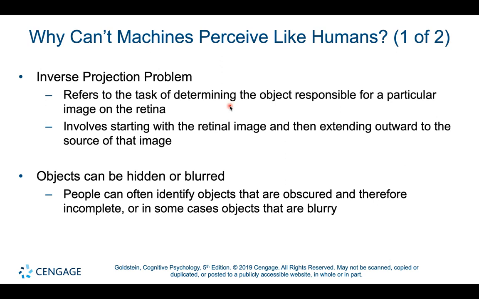What this refers to is the fact that when light hits your retina, that light could come from multiple different things, objects out in the world, but cast the same light onto your retina. So your brain has to try, using things like previous experience and context, to interpret